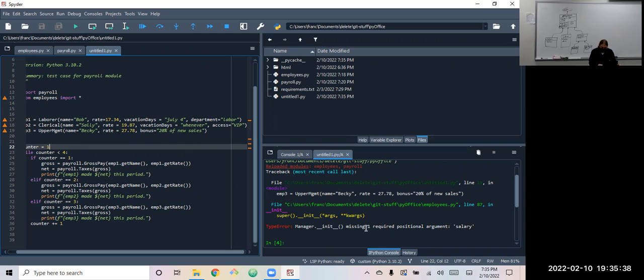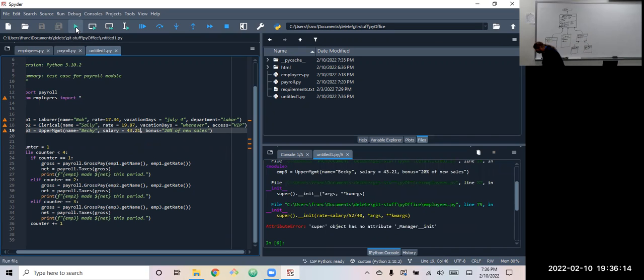Notice, so there's the args and kwargs. Our upper management is saying we didn't give Becky a salary. We put a rate on there instead of a salary. So we didn't want that. Let's change this. Oh, I don't know, 43.21 an hour. I think that's around 45,000 a year. It's getting late in the evening. Well, you can plug that in the calculator and just pick a good salary. So if you want some testing values,